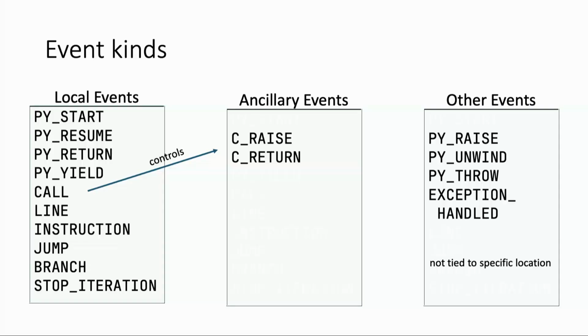There are quite a lot of events here. There are events for almost everything. For start, for resume, for return. And there's even, and that's cool, you might know that when you stopped an iterator previously, there was an exception thrown, but now there doesn't have to be an exception thrown, which has some performance benefit. So that's the reason why we have an explicit PyYield event instead of a StopIteration event. But it's cool. We get lots more information than before.